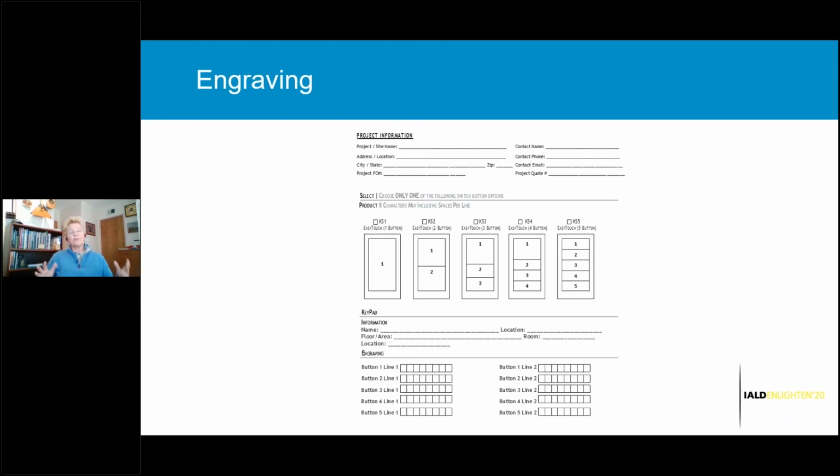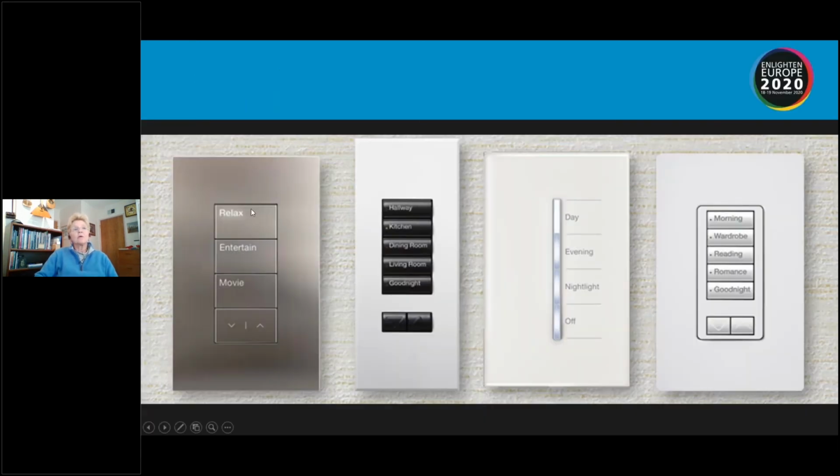And again, the problem with engraving is simply that the owner that takes over this building needs to have a say in this. And it's very difficult for them to decide sometimes what they want that nomenclature to be until after they've lived with the building for a while. Some rooms might want it and other rooms might not. So, it is something to consider. And when we get it right, it looks really quite good. So we have an ability to make this interface look really good.